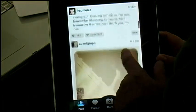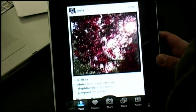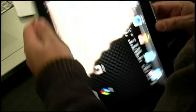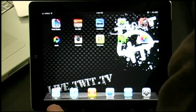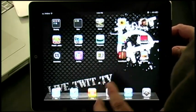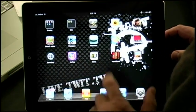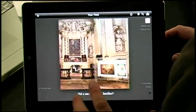It's very much set up as mobile. It's a mobile interface, so it looks nice on the iPad, but it's not perfect. We've talked to Kevin and company, and they say yes, we're going to work on a web interface. But the good news is they did do an API, and this is a $1.99 application, iPhone or iPad, called